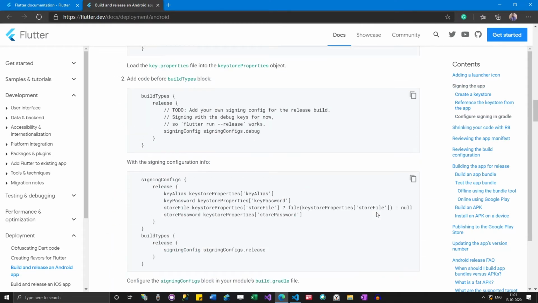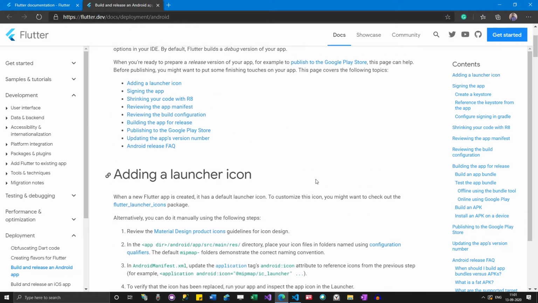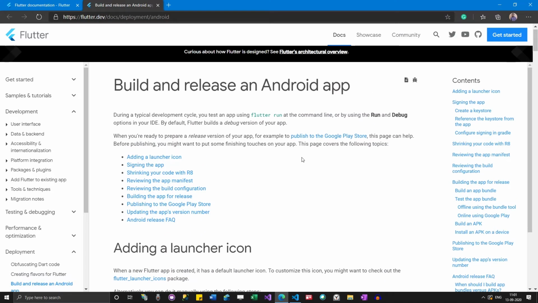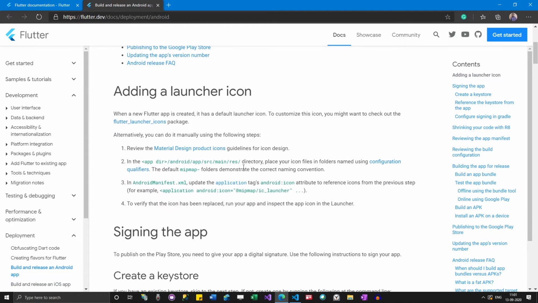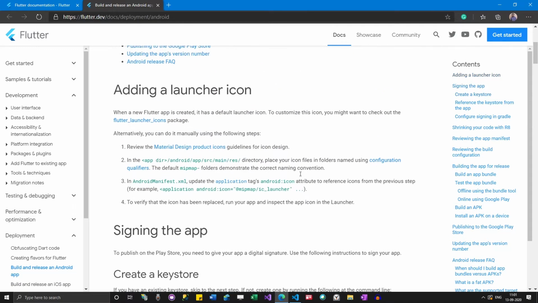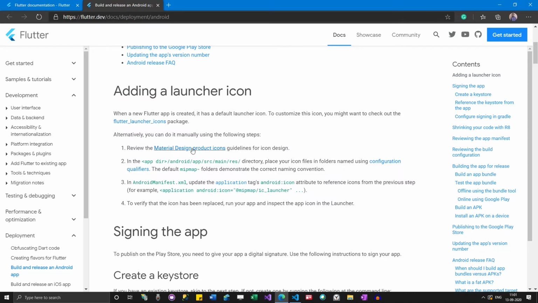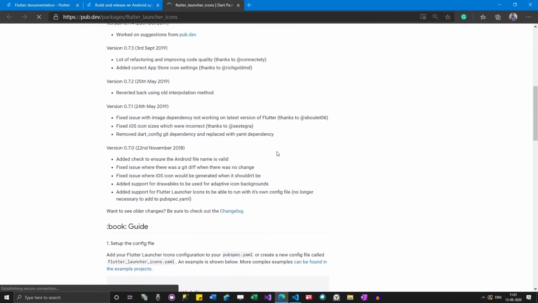Apart from this, let me see, like I said about permissions, whether it is included here or not. Here they have discussed adding a launcher icon also, but we have seen a different approach. There is also a package for changing icons, and you can check it out if you want to try it.